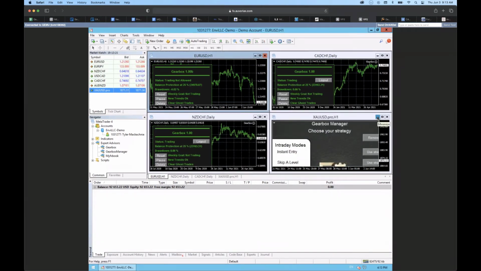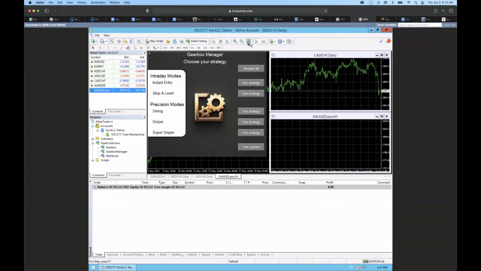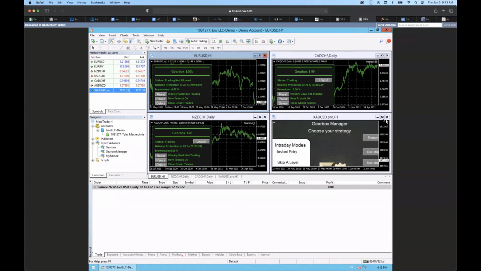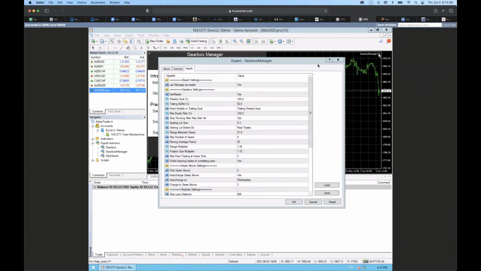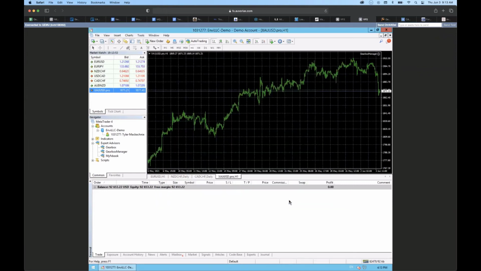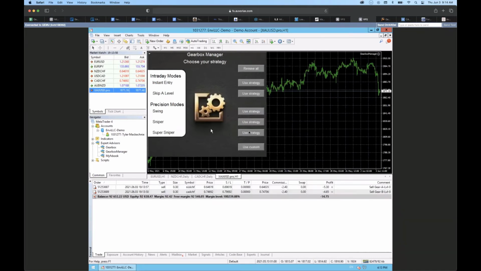And obviously, instant entry means it will instantly start taking trades. Since we are using the GearBox manager, it will take about 5 minutes and it'll start taking trades, as the manager is actually running all the calculations within this manager instead of each individual gearbox. And you may be asking why that is. And the reason for that is going to be because we're using what's known as master mode. Use manager as master. And by doing this, it just makes GearBox overall faster and allows you to run more gearboxes on a VPS, as if you start opening a lot of charts,